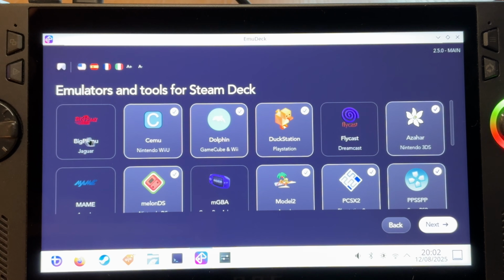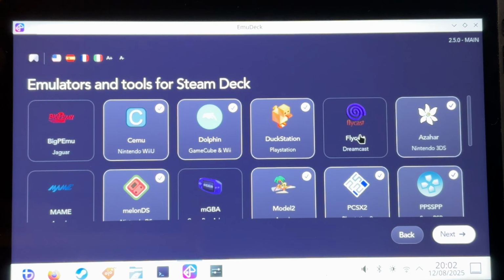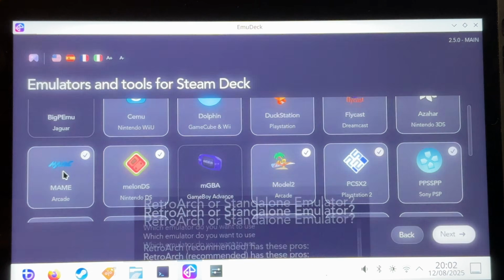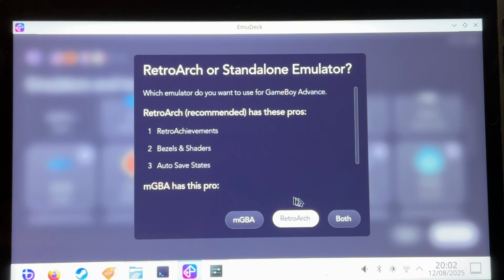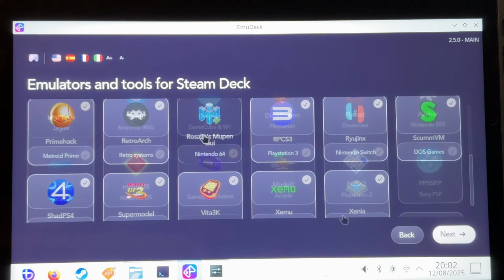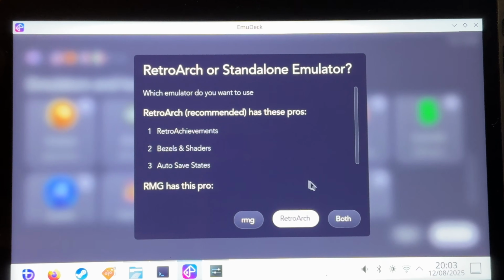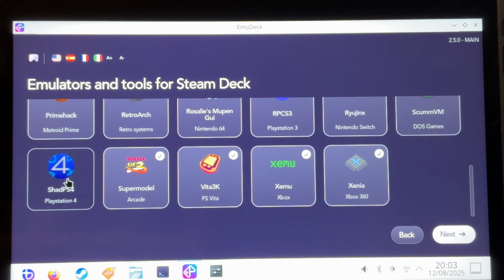Next, select which emulators you'd like to be installed and configured. This is personal to you, which ones that you want, but for me, I'm not bothered about Jaguar, so I'll leave this to off. I do want Dreamcast, so I'll click this to on and press both. I do want arcade games, so I'll click and press both. I do want Game Boy Advance, so I'll click and press both. I do want Nintendo 64, so I'll click this and press both. I'm not too bothered about PS4, so I'll turn this to off,